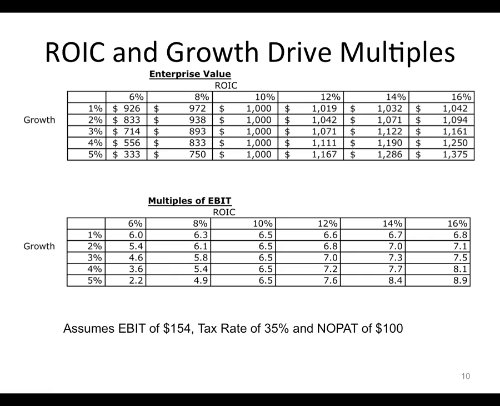Well, what is enterprise value to EBIT? If you put it in the key value driver equation, you get the enterprise value. If you divide by EBIT, you get the enterprise value to EBIT. So a higher enterprise value to EBIT is more enterprise value. What drives more enterprise value? It's ROIC and growth. So enterprise value to EBIT and enterprise value to EBITDA are approximations of growth and spread, assuming similar cost of capital.